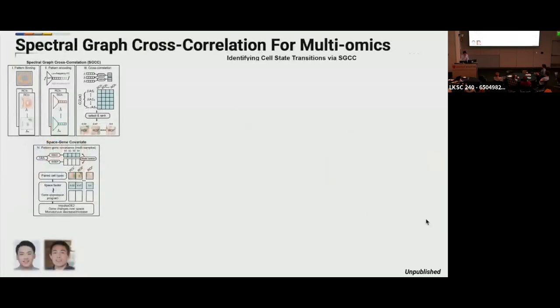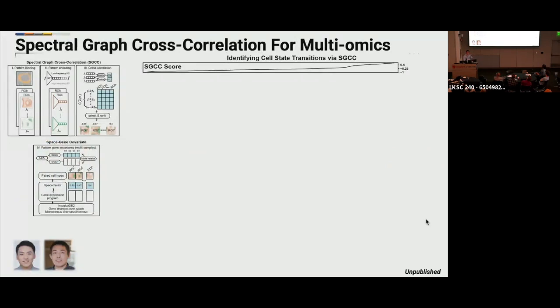So again, now we have multi-omics data. What do we do with the data? And that's usually a question that we get stuck with a lot. And so with Yuzhou and Qing, so Yuzhou's a joint postdoc in the lab with Qing's group, we developed a relatively, I think, simplistic but very robust approach that's called spectrograph cross-correlation. Happy to go more into that later at the coffee time, but just to give you a sense,